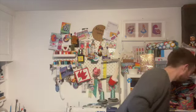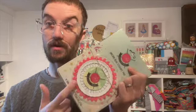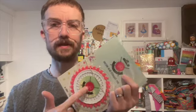I also received some more packs of unicorn pins, which are on my website. These are becoming increasingly difficult to find in the UK. A lot of people aren't restocking Tula hardware at the moment, so I'm just going to keep hold of certain few things on my website, one of them being the pins, the other one being...